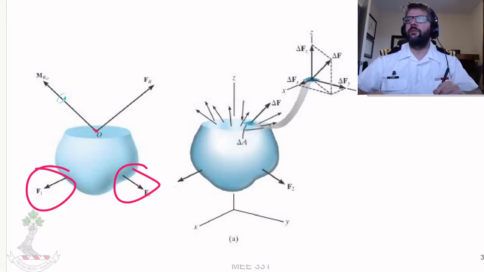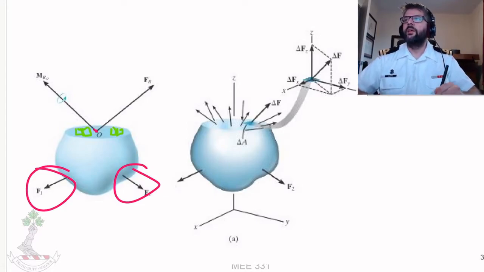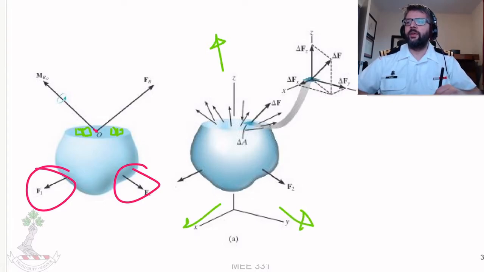object. So if we slice this up, we're going to have this surface here. We can break that up into a bunch of little imaginary cubes, and then basically on the surface of those cubes, you're going to have a variety of forces. So in this instance, we're defining z as up, y is this way, x is this way, and